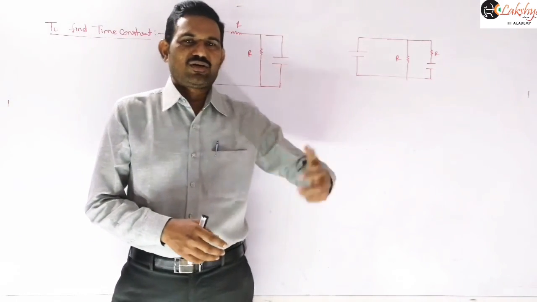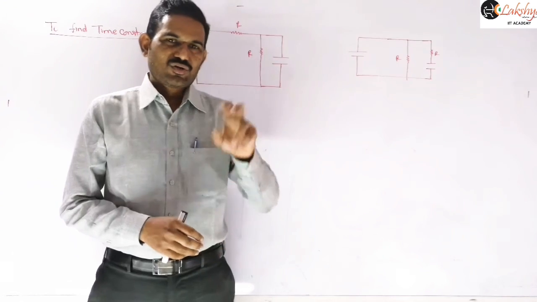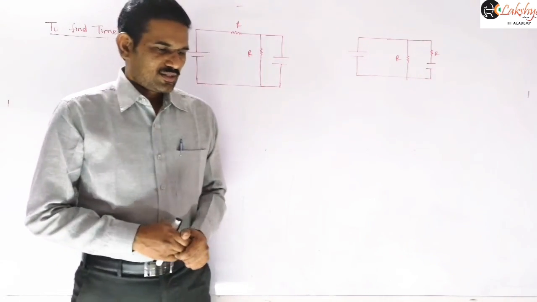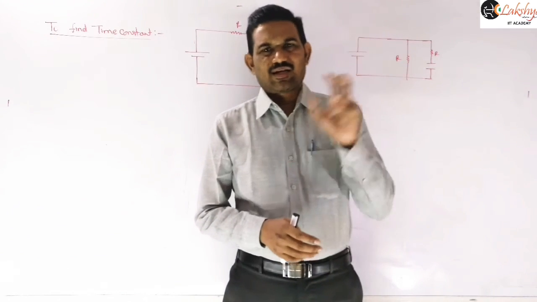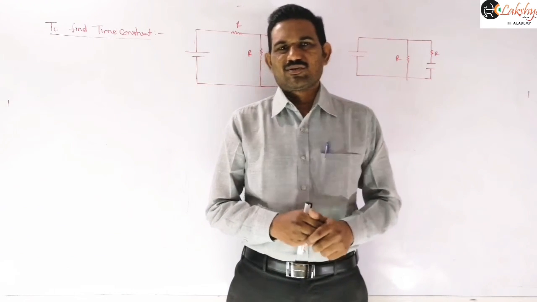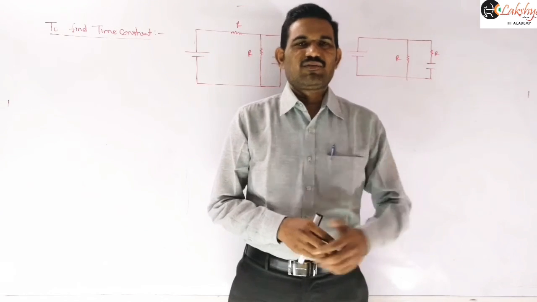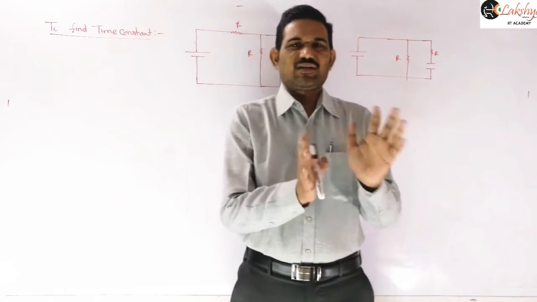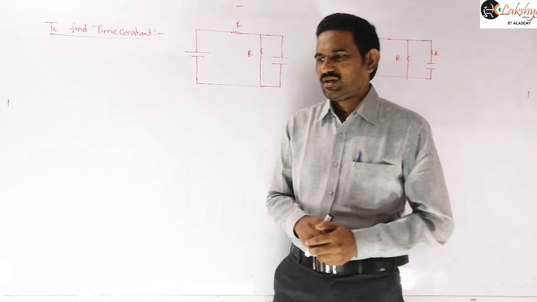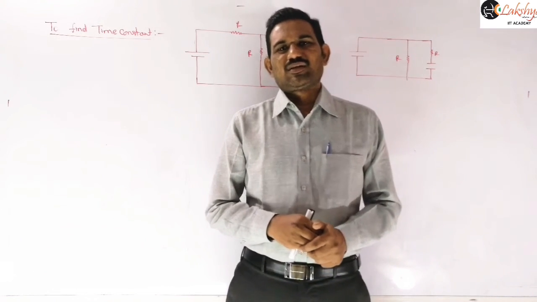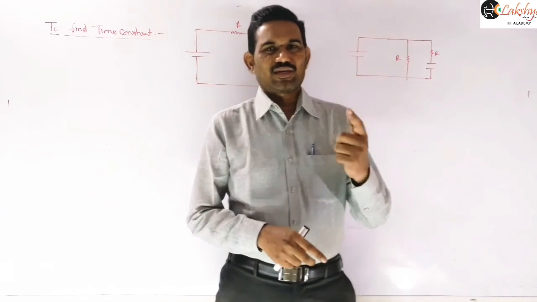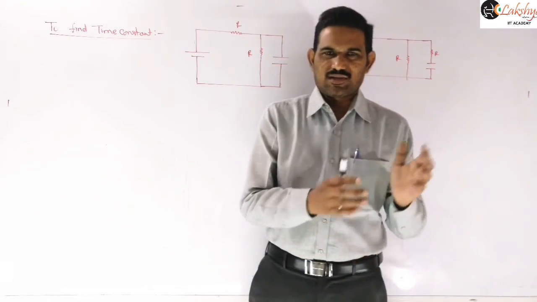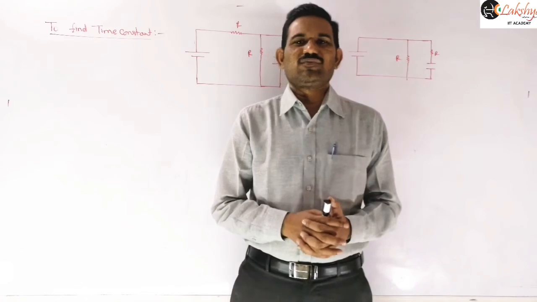Instead of doing total lengthy calculations, you can find the charge on the capacitor at any instant very easily. And in some cases they will directly ask you to find the time constant of the given circuit. There are many previous questions also based on just finding the time constant of the given circuit. So here the procedure to find the time constant is, if there is only one resistor and one capacitor connected in that series, as we discussed in the charging or discharging of capacitors.